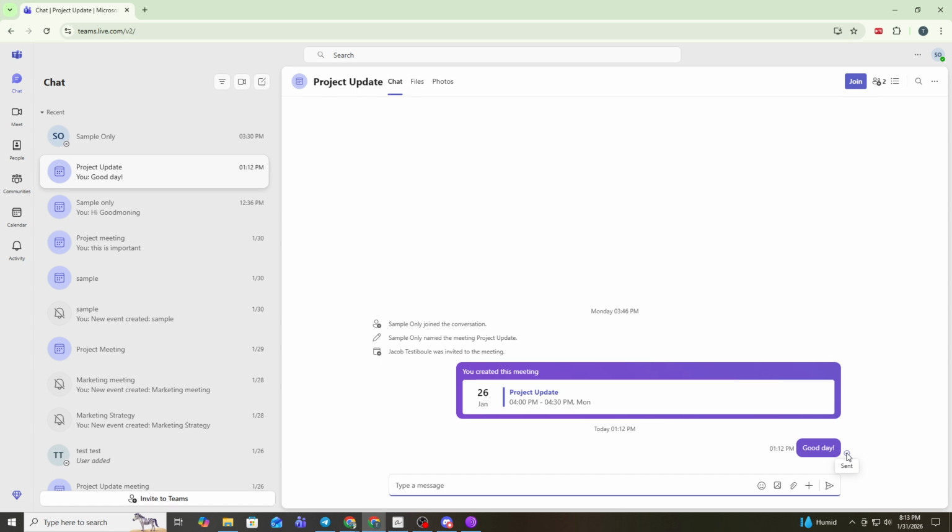With this quick check, you can stay on top of your conversations and manage your communication more effectively in Microsoft